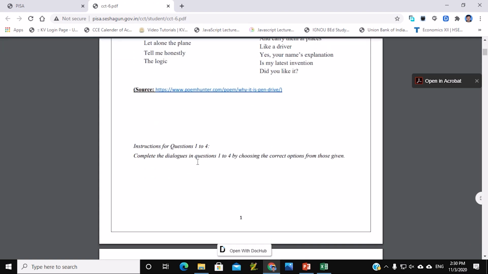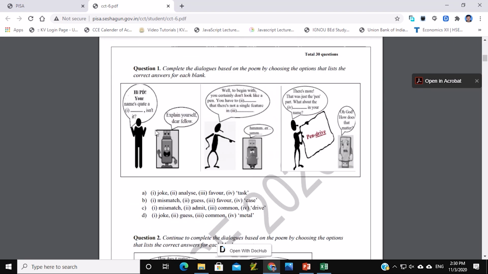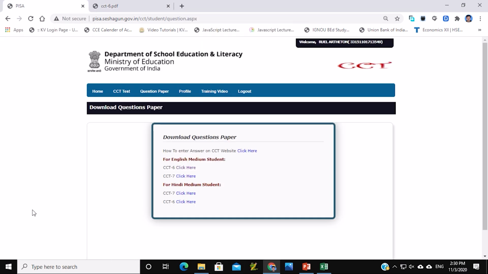Okay, so this question paper we will solve in our notebook, and we will mark the answers as 1 ABCD, 2 ABCD, like that. So like this is question number 1. So what is the correct option, whether A, B, C or D, which one is there, that we will write down in our notebook. Okay, if we don't want to attempt any question, then we have to give N. Then once again, when our question paper is completed, we will go back to this page.